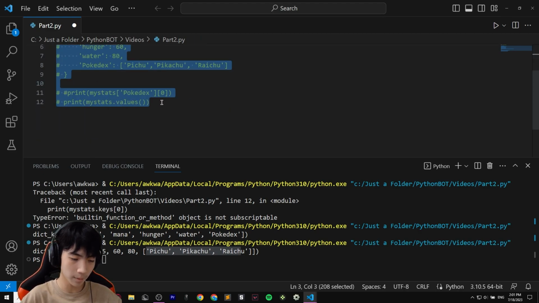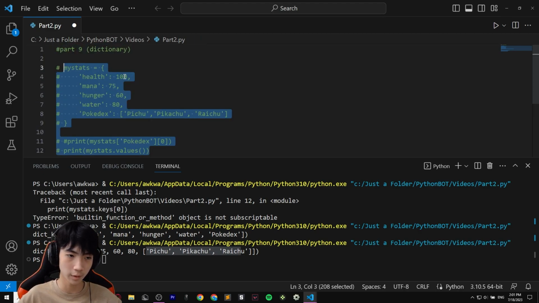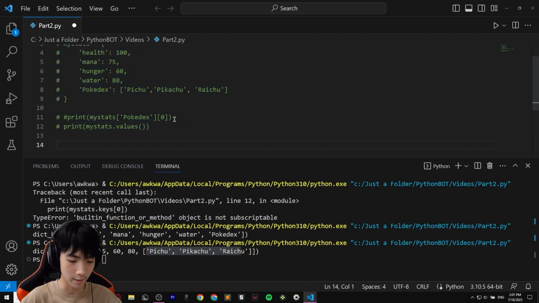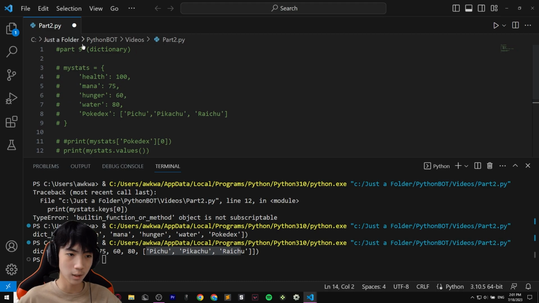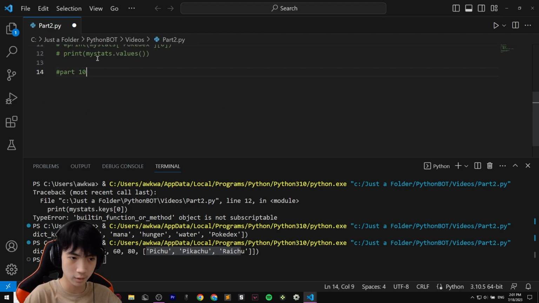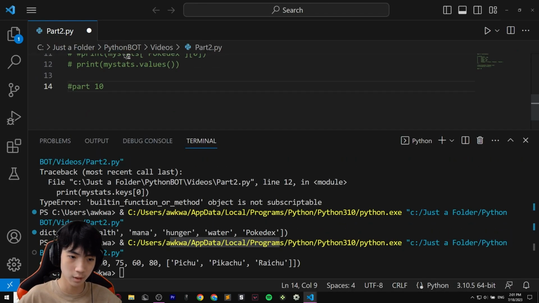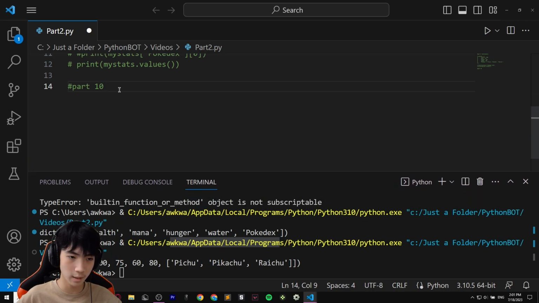And if you don't know how to comment in bulk like this, just do control and slash. It's really easy. It's like a new hack I just learned. So yeah, after this, let's go to part 10. Let me zoom in just in case. Okay, part 10 is going to be